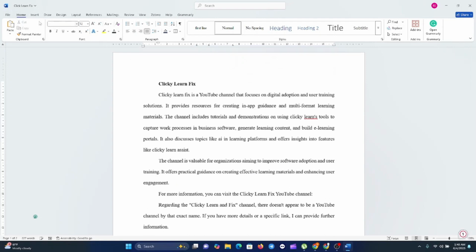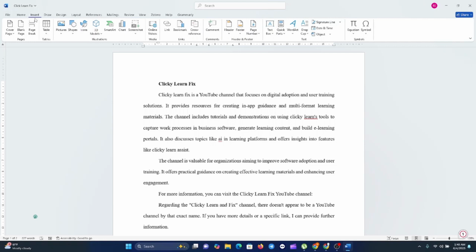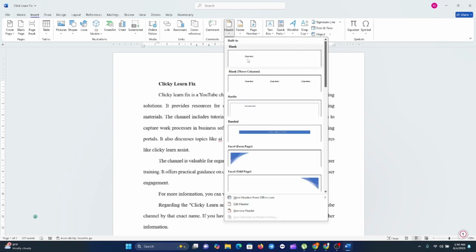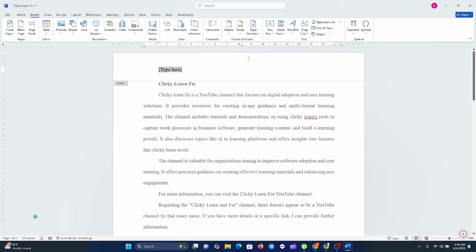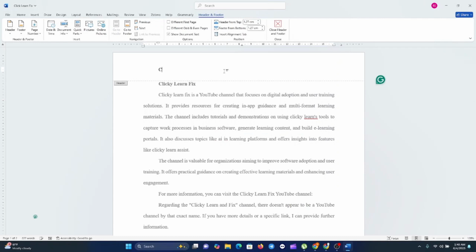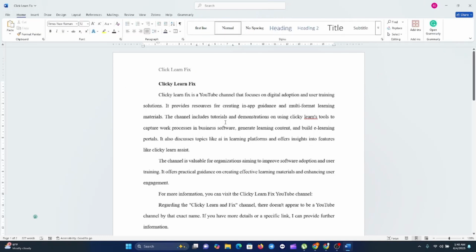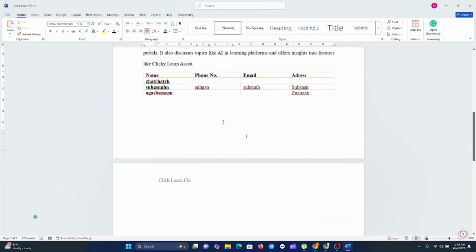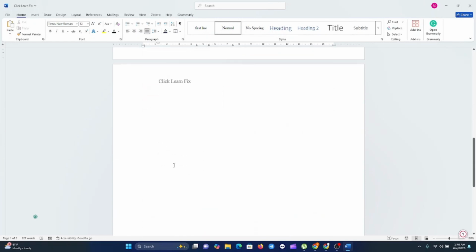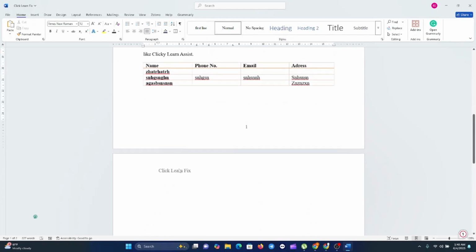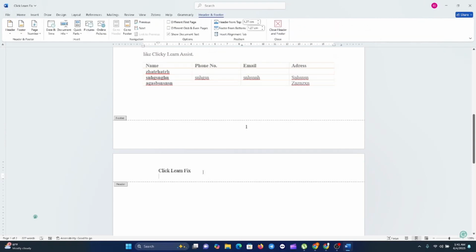If you also want to go back again and add the headers or the footers, you just click on insert, then go back to the headers, then click on headers. Then if you want to put in the blank one, click there. Then you can type there anything like click, learn, and fix like that. Then double click anywhere on your document. Then when you scroll down, you find that at the top part of your paper, you have added a header that is here. If you want to edit it, you can just move your cursor up there and double click on it. Then you see it will pop up